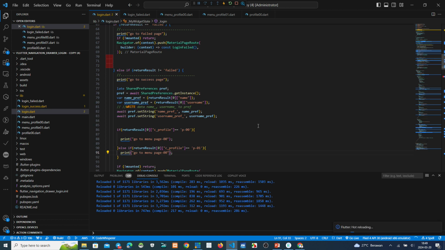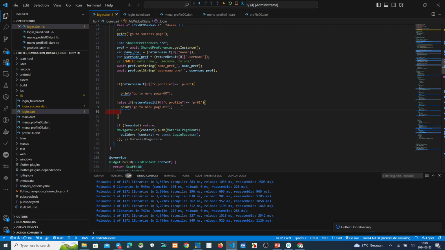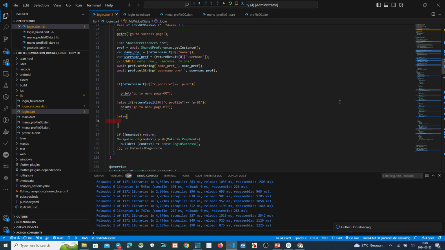Page 01. And then maybe we make else this one. It's okay. Else. Print page this one.